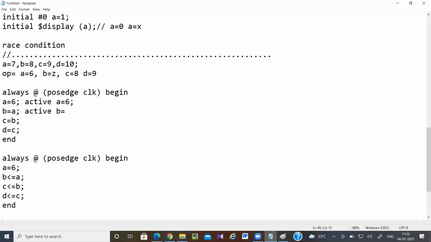Because already in the active region, A value is assigned to 6. So B is equal to 6. Now what will be C value in the active region? 6. Why am I writing active? Because this statement will get executed in the active region. Blocking assignment. Okay. So active C equal to 6. Similarly here in the active, D is equal to 6.